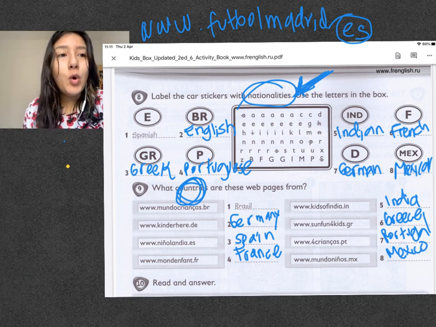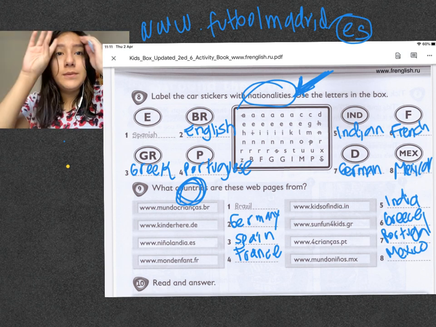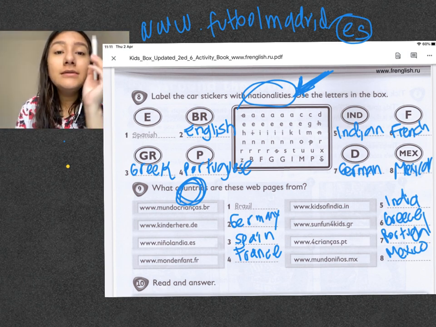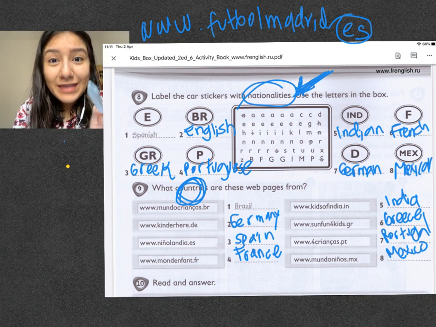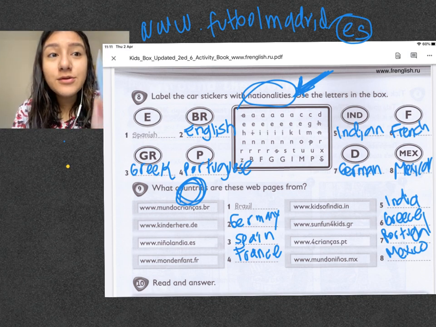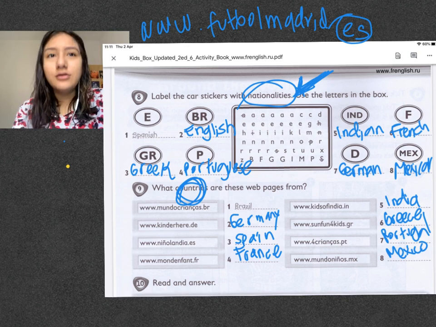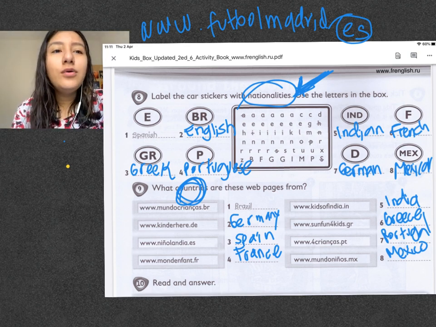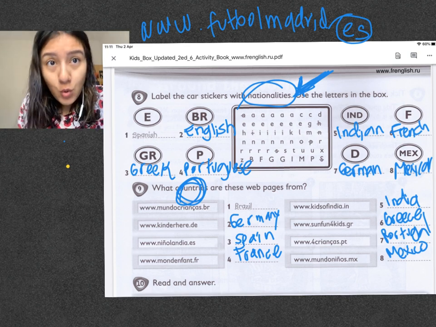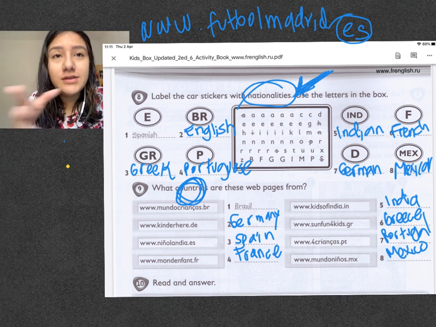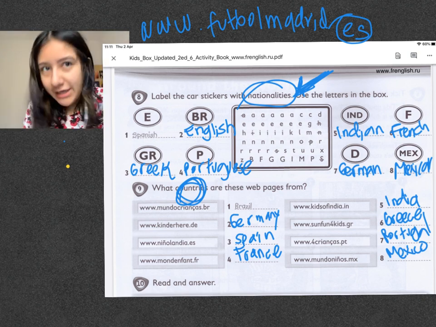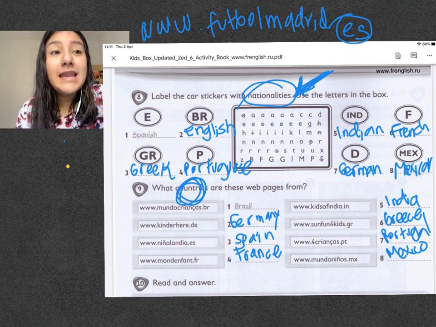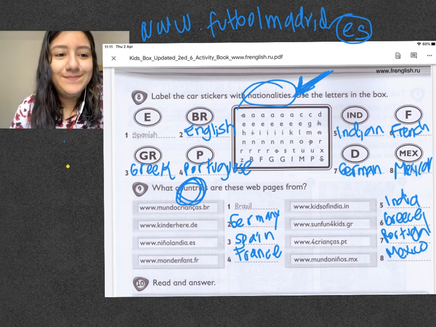Okay, I hope that if you had any doubts, now it's a little bit more clear, and that you correct your answers, babies, okay? Correct your answers. Go get your book and correct your answers, so you have the right answers, and you know, okay? And you use this video to self check your activities. Let's move on to the other part.